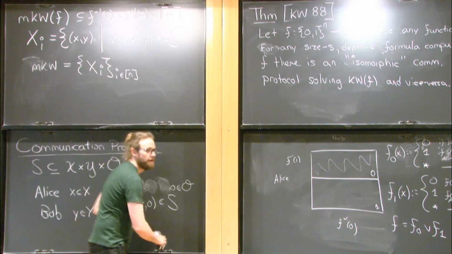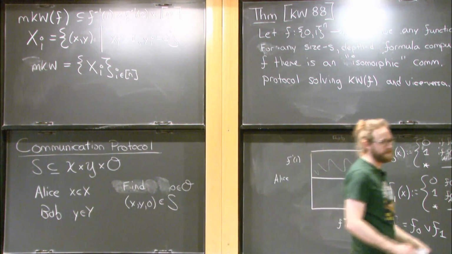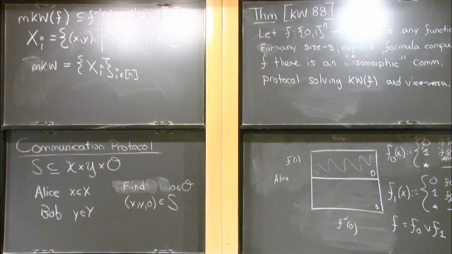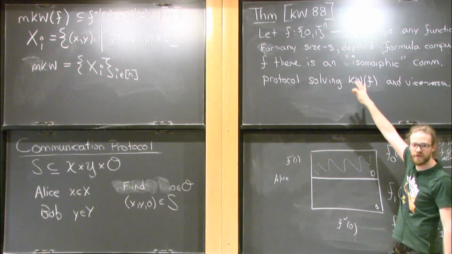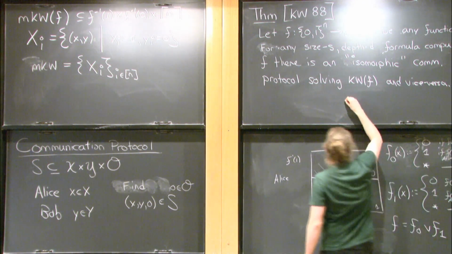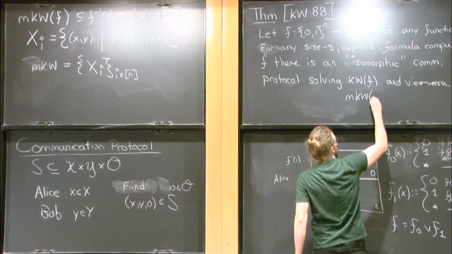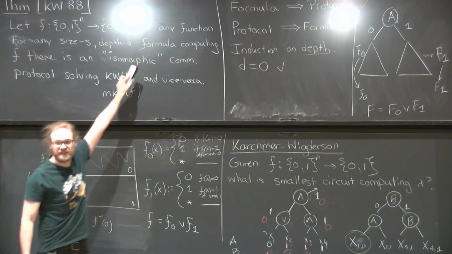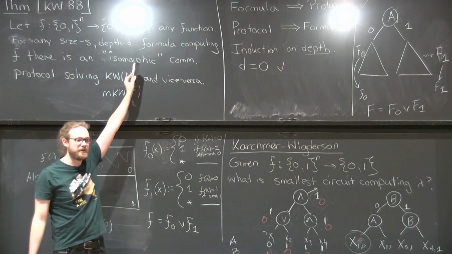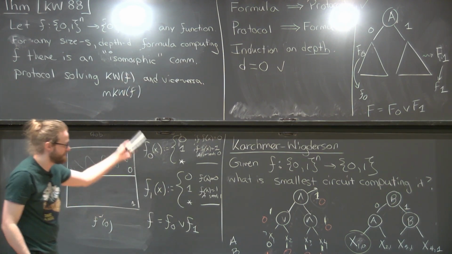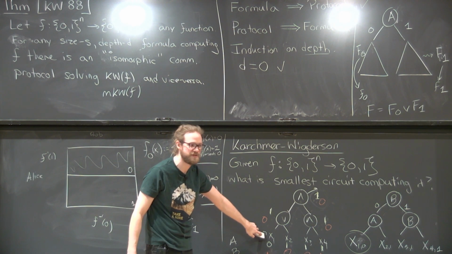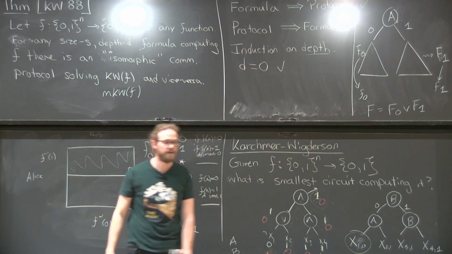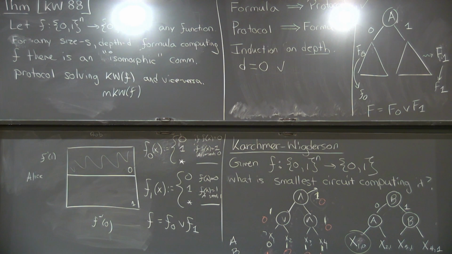Does the same equivalence hold for monotone circuits? Absolutely. That was going to be my next point. This exact same theorem holds with this isomorphism, if you replace Karchmer-Wigderson with monotone Karchmer-Wigderson everywhere, and you make the formulas all monotone, so you just don't put negations anywhere. That's not hard to see. The exact same proof works. You just erase all these negations, so you never get this flipping occurring at the leaves. Any questions about that?